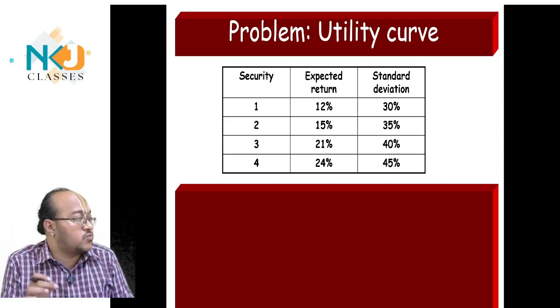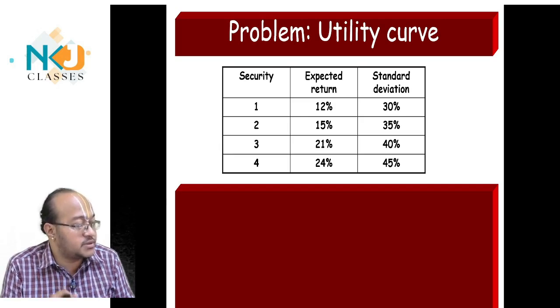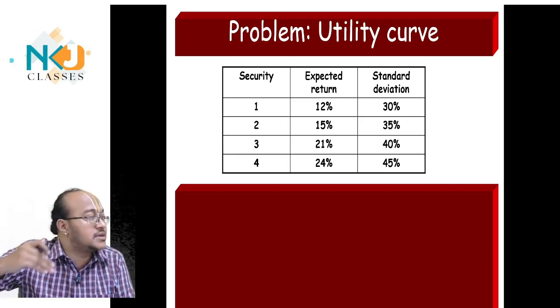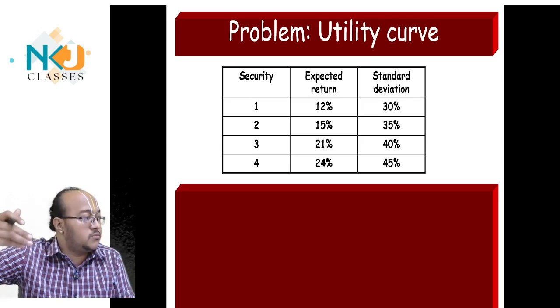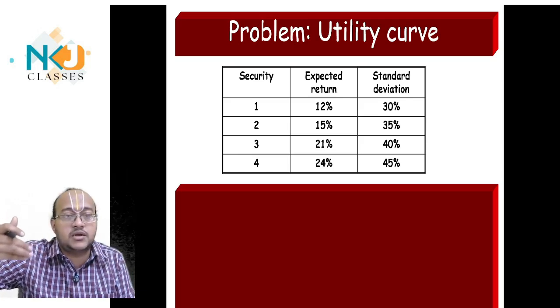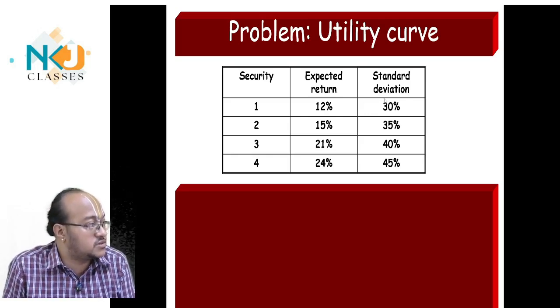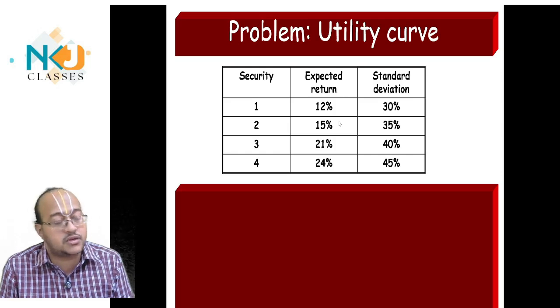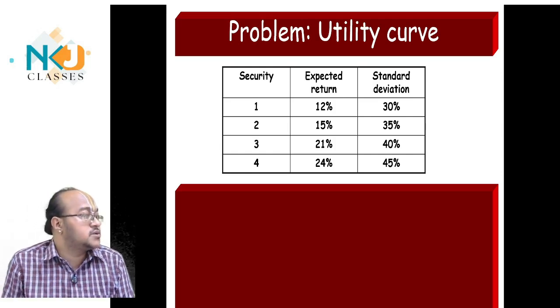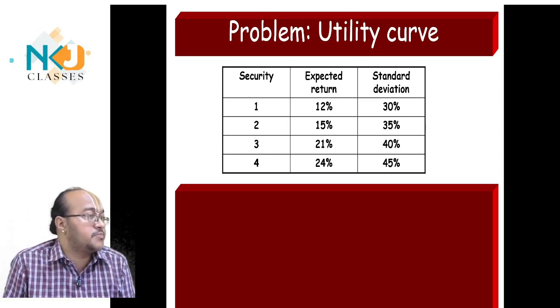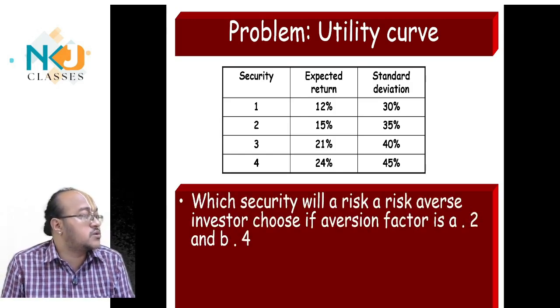Expected return is given 12, 15, 21, 24%, which means the expected return is increasing. As and when, the security risk is also increasing. See here, standard deviation of security 1 is 30%, standard deviation of security 2 is 35%, security 3 is 40% and 45%. What is the question? Which security will a risk